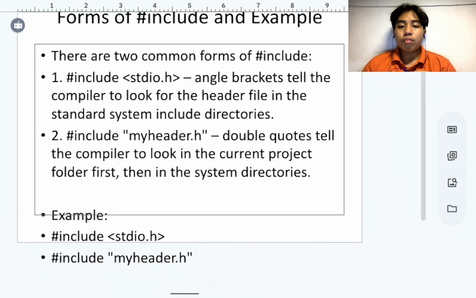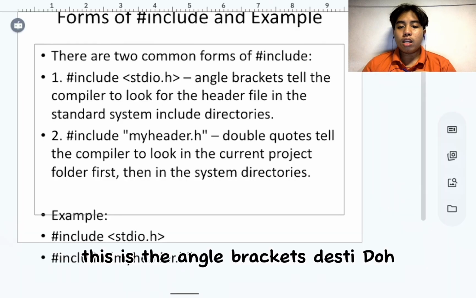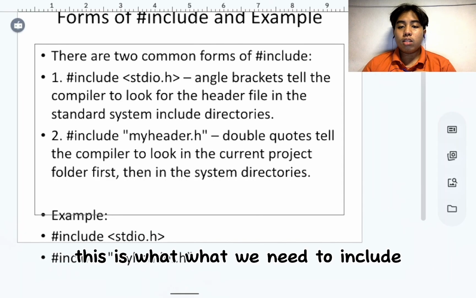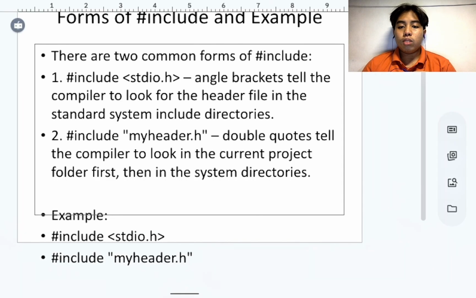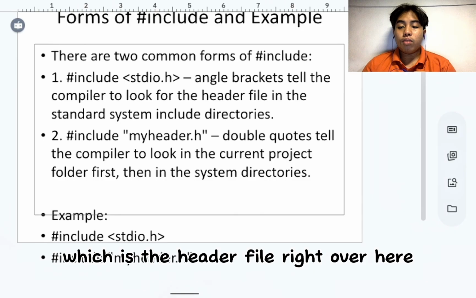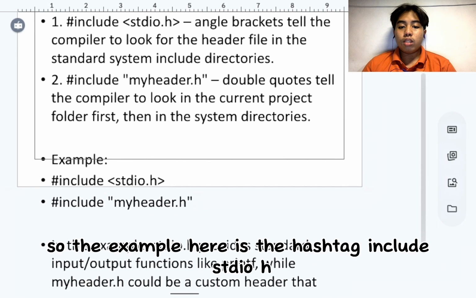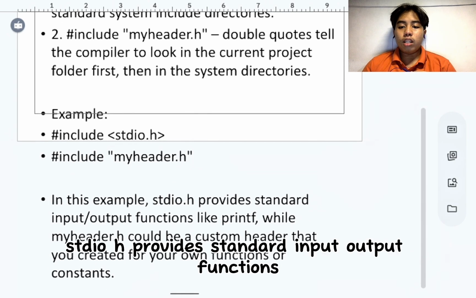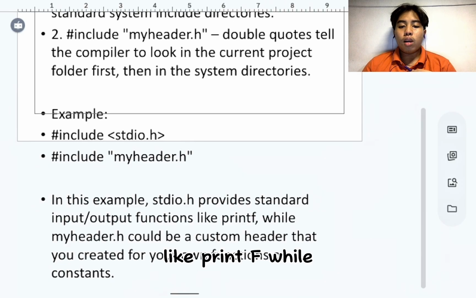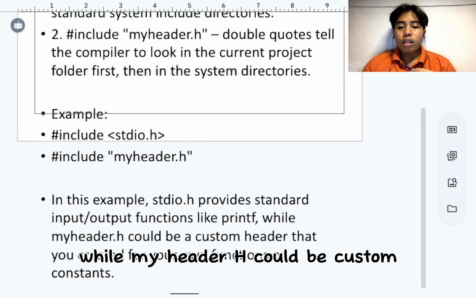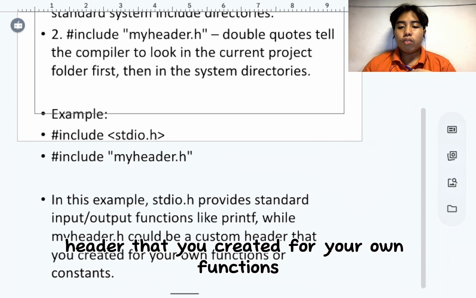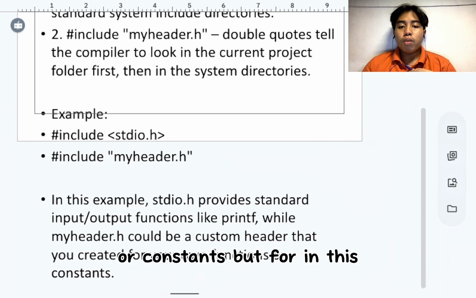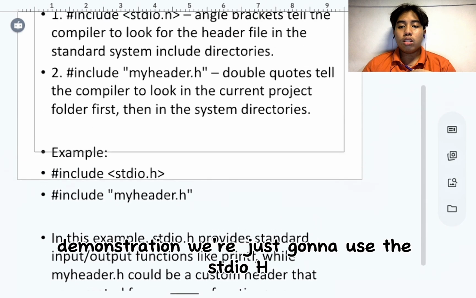So, this is the angle brackets, and the stdio.h is what we need to include, which is the header file right over here. In this example, stdio.h provides standard input-output functions like printf, while my_header.h could be a custom header that you created for your own functions or constants. But in this demonstration, we're just going to use stdio.h.